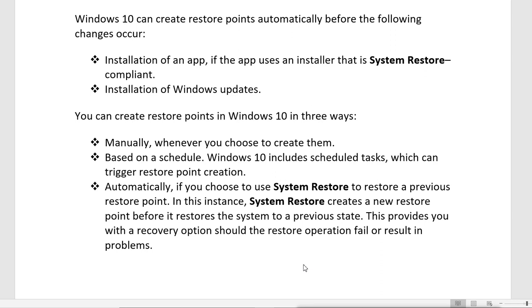So suppose we have taken the restore point and our system is now corrupted. Now I want to go back to that previous restore point. When I start the procedure, my system will take a restore point again at that time, so that if during restoration our system gets corrupted, like if the power goes off and the machine shuts down, then there is a possibility that at the moment in the process of system restore, your system can be corrupt. So you will not lose the system, because you will have the restore point created when you try to restore the system.